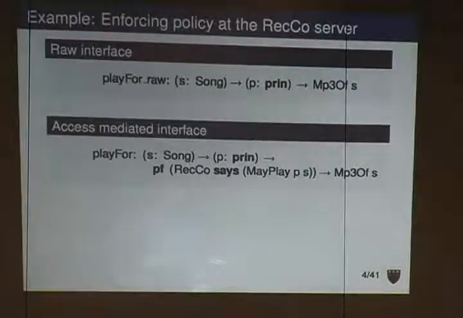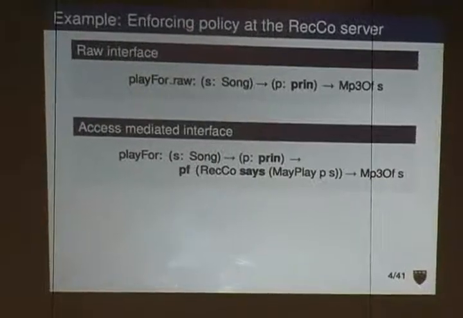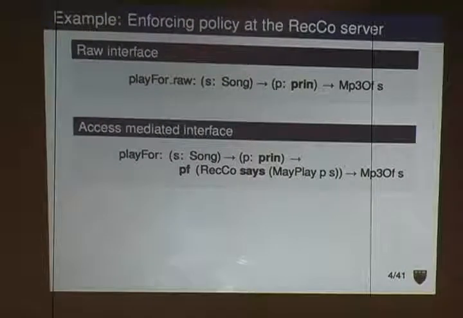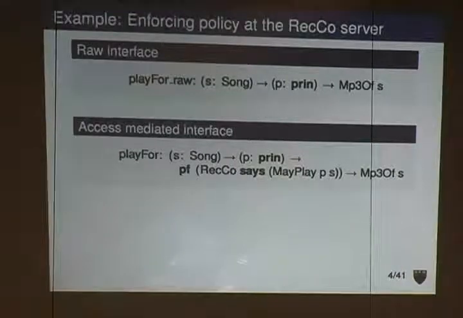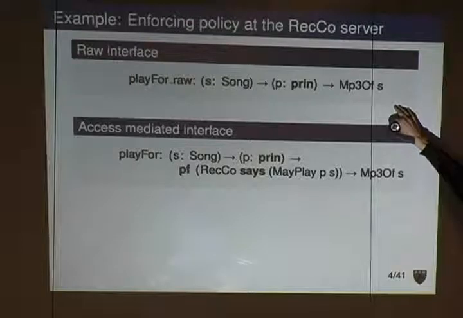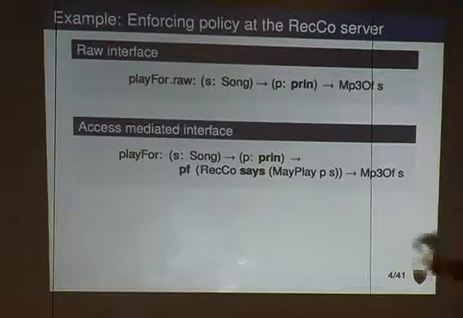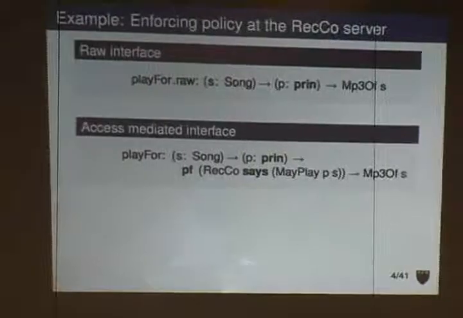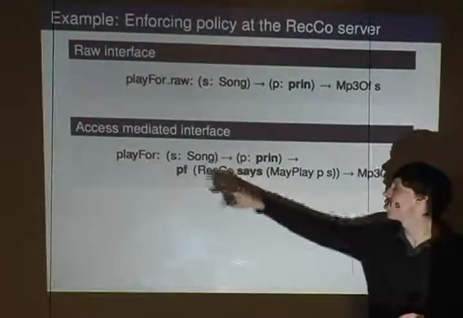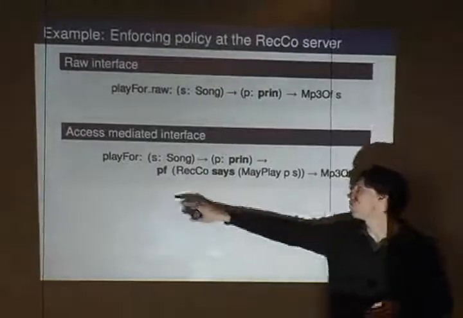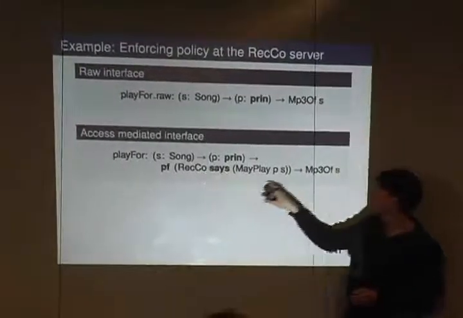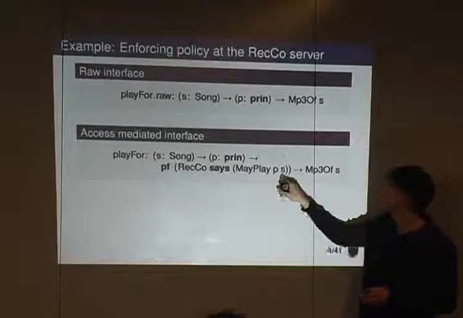So how do we go back to our music playing example and enforce policy, the record company's policy about sharing and owning songs? Well, the general idea is we're going to take the original operation that didn't have any security constraints, this remote procedure call that talked about getting MP3s out, and we're going to add an extra argument. So now, in order to play a song, you've got to both talk about what song you want to play and who you are. You also need to provide, we can just read this, a proof that the record company says you may play that song.